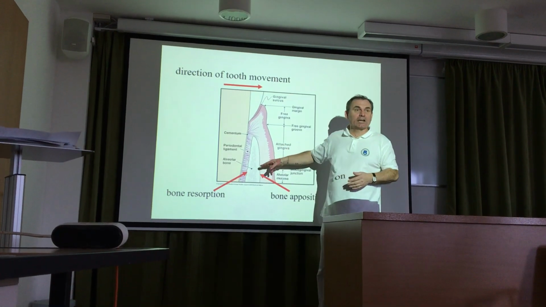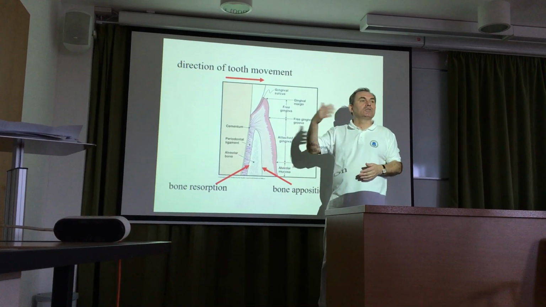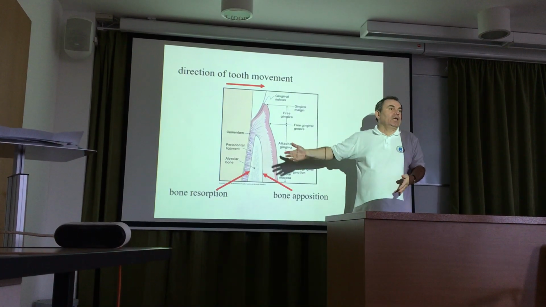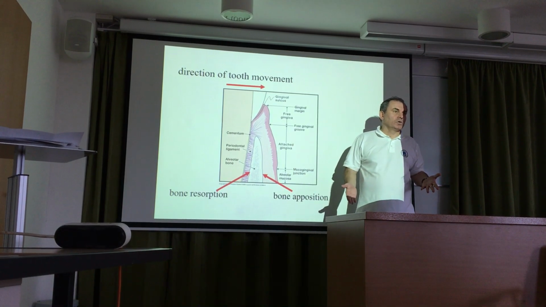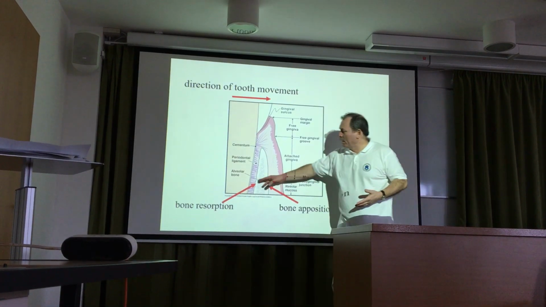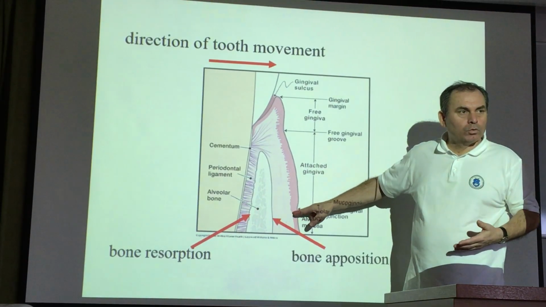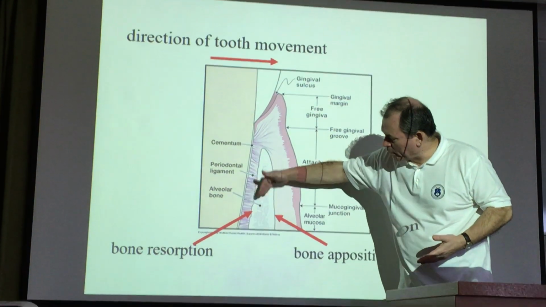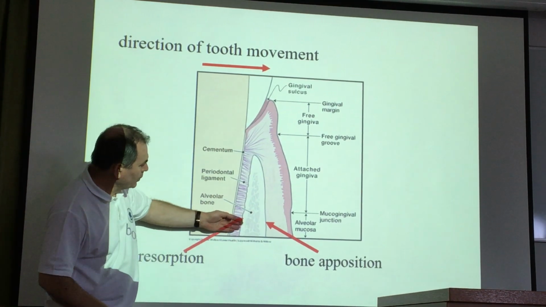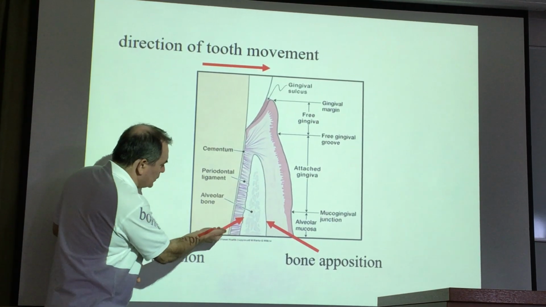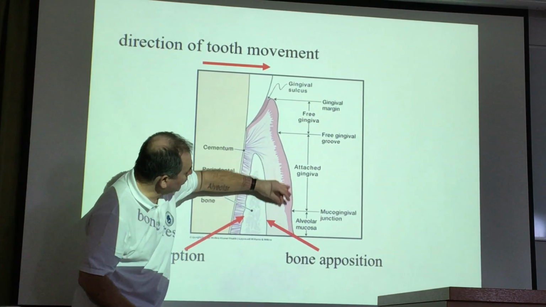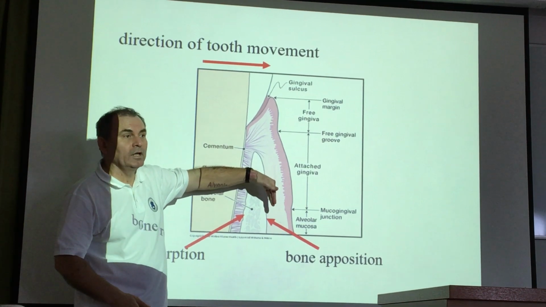the tooth in this direction, and this alveolar process is not remodeled, the result will be that the tooth is appearing in the oral cavity, and it is nonsense, of course. It couldn't be the consequence of an orthodontical treatment. But when you move this tooth in this direction, metabolic processes should remove the bone here on the side facing the tooth, and the bone membrane should form new bone on the other side